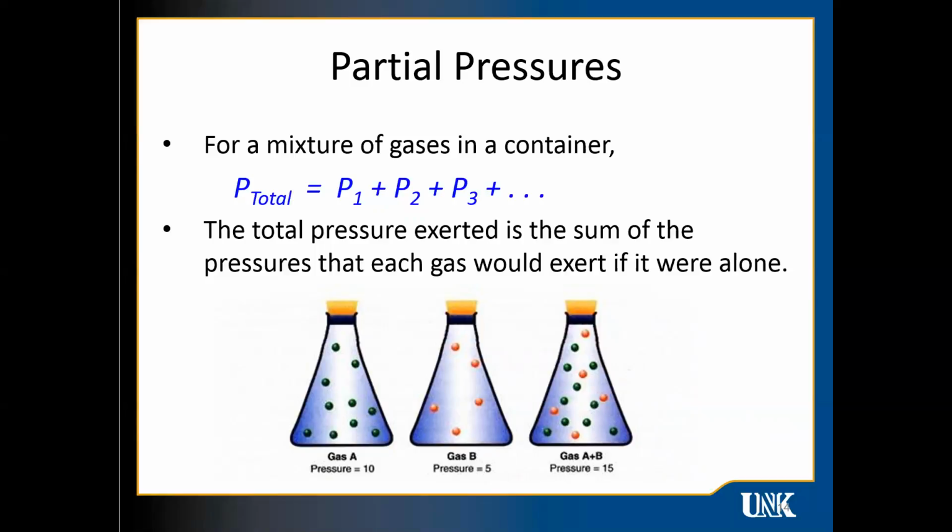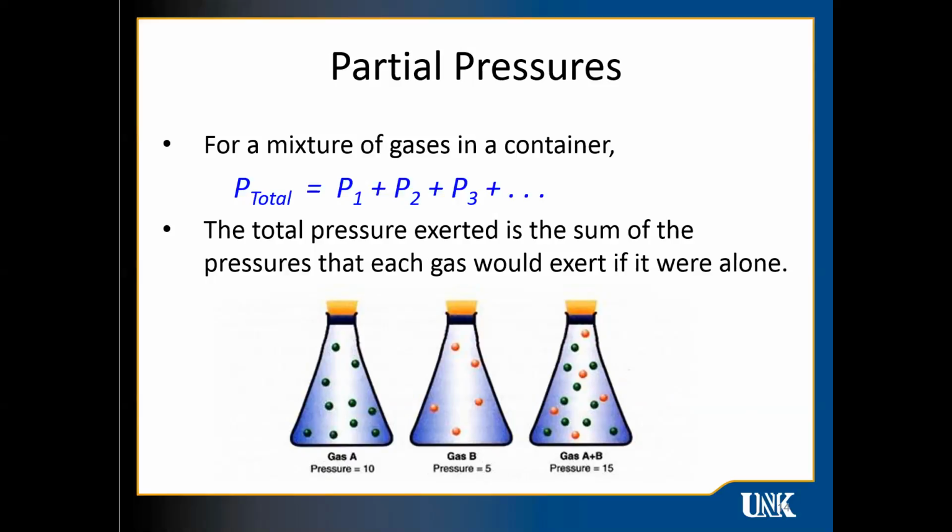When we have a mixture of gases, because the gas molecules have such high energy contents, we can assume that they don't interact with each other at all. So if we have a fixed container and we add more gas, the pressure is going to go up. Well, it doesn't matter if the gas we started with is the same or different than the gas we add to it. The total pressure is still going to go up. And the idea is, and this is John Dalton, they confirmed this, that the total pressure inside the chamber is going to be the sum of the individual pressures that the individual gases would have exerted if it was alone